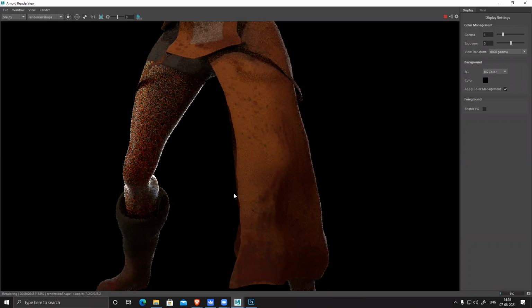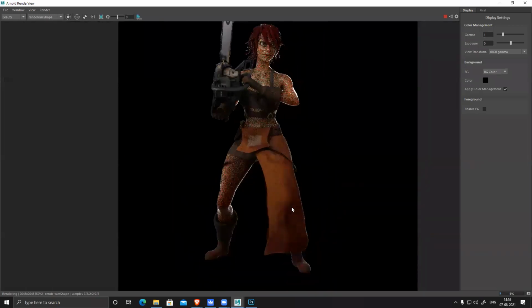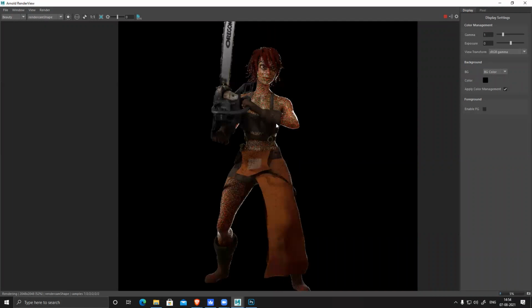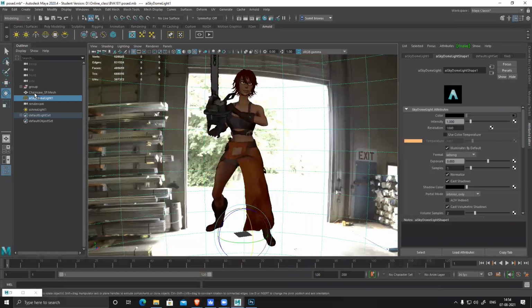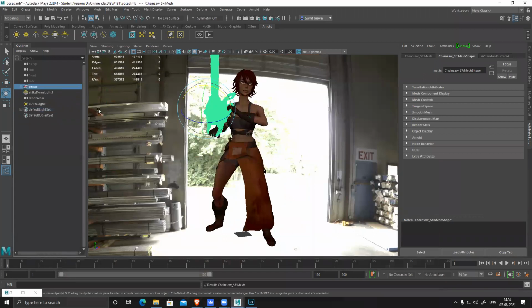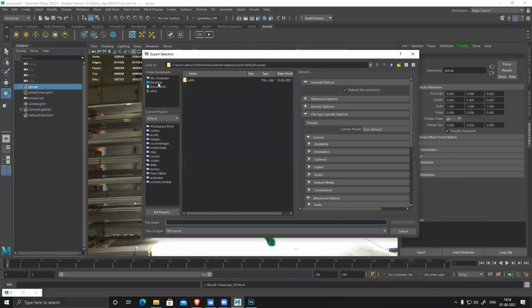I'll check that thing. You can render this thing super easily. And if I want, I can render this in Marmoset also. Export selection, desktop. Post.